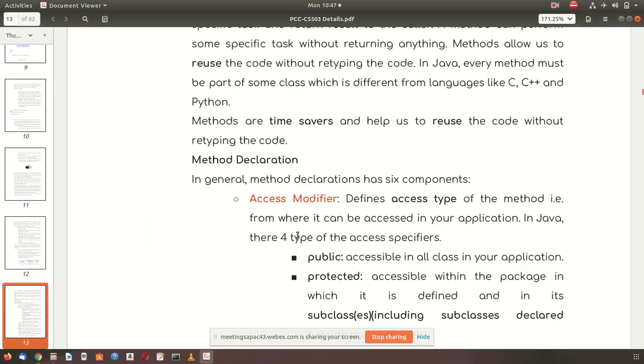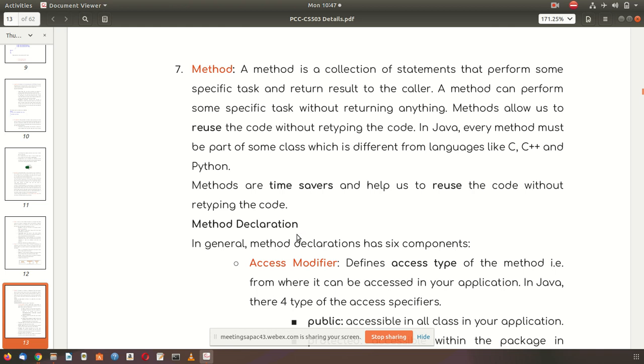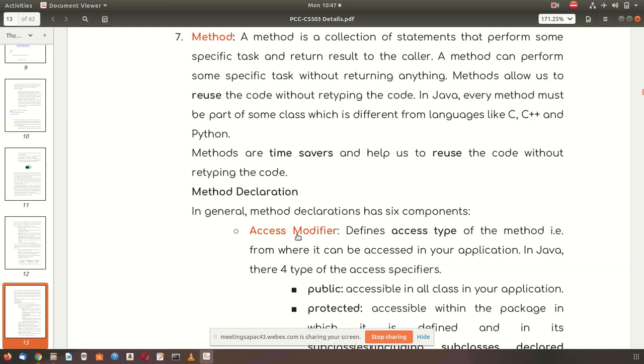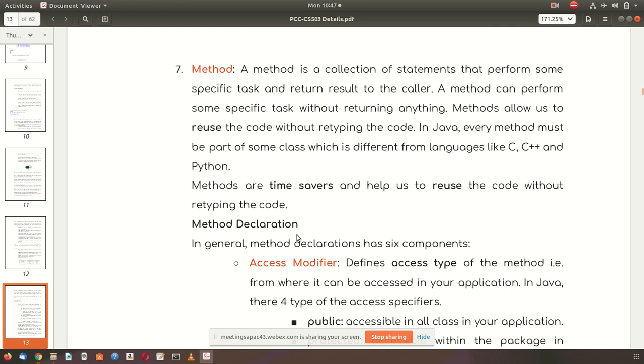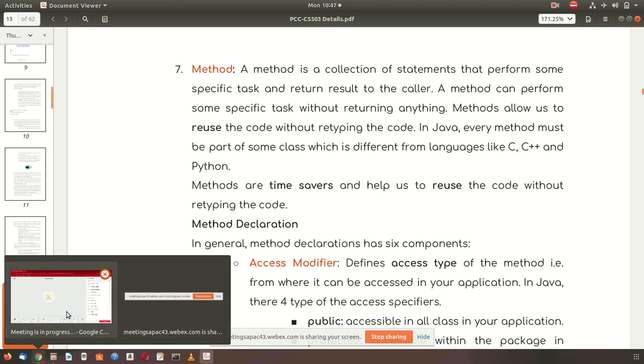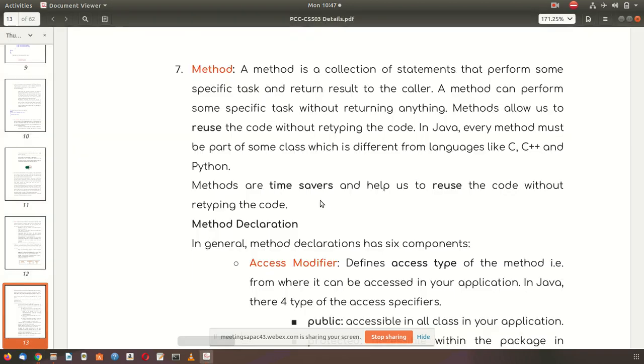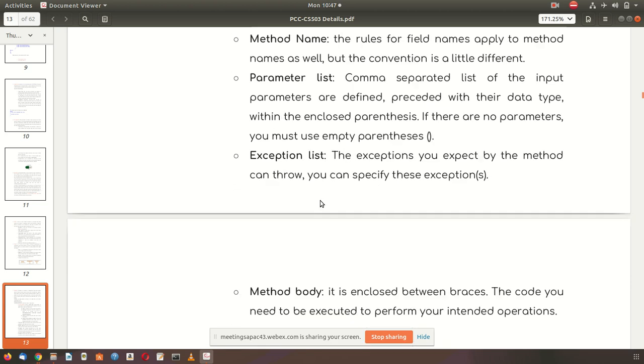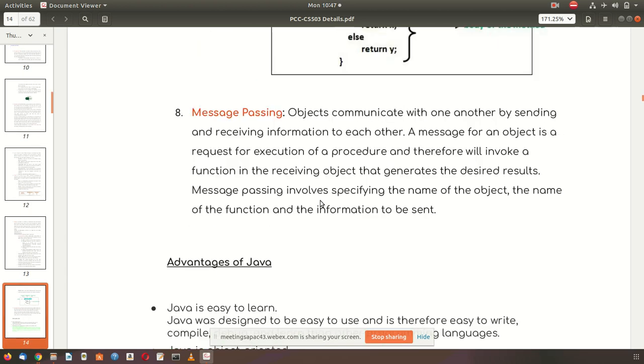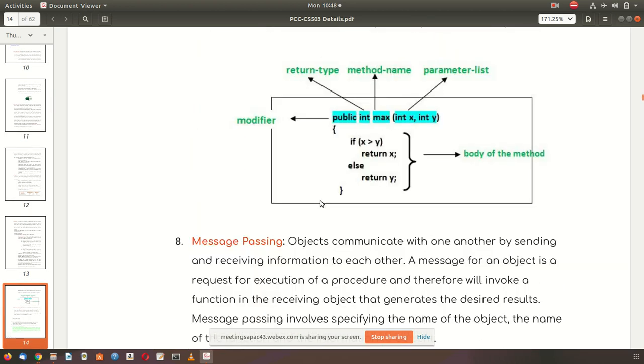Method, we are in the last moment discussing method. So method is the function declaration or the function definition, that is called the method. Then we are discussing this particular structure.